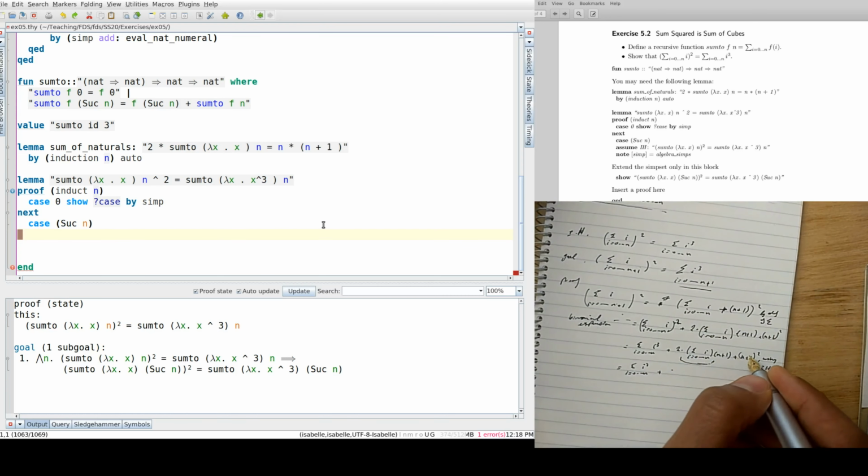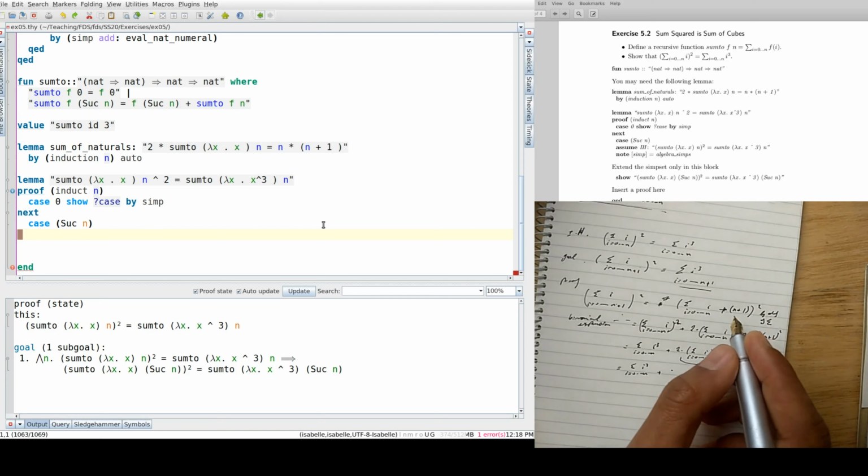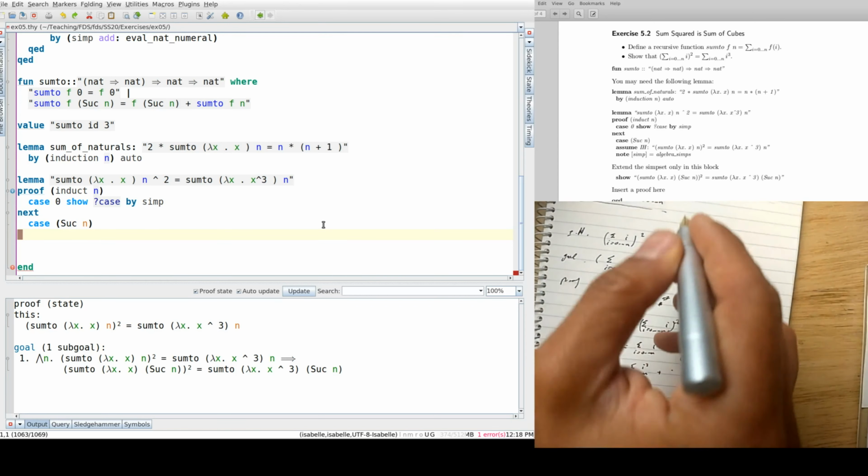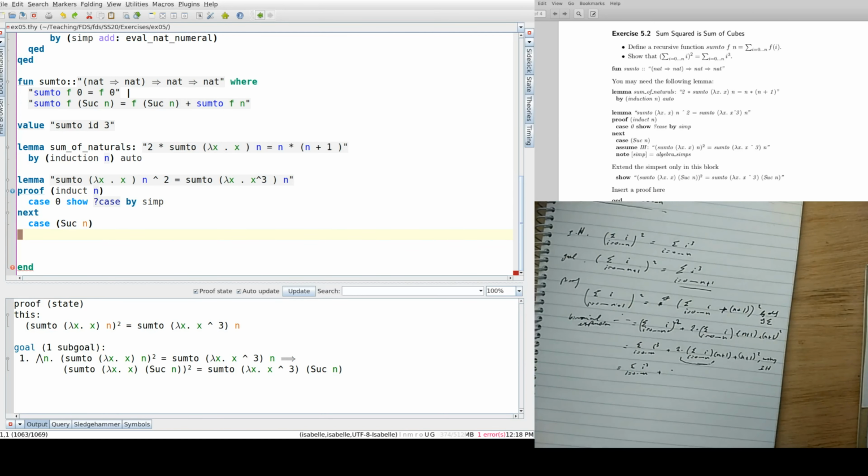So let me just go back one step there, or write the lemma up there. So the lemma that we proved in Isabelle, so it basically says